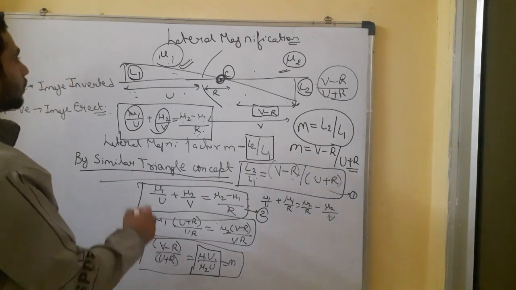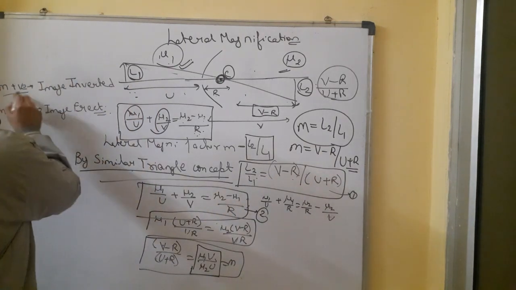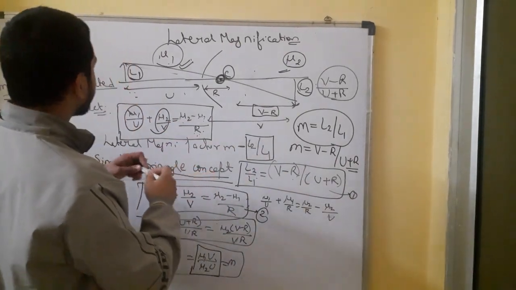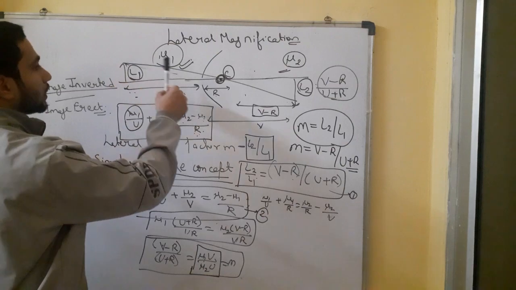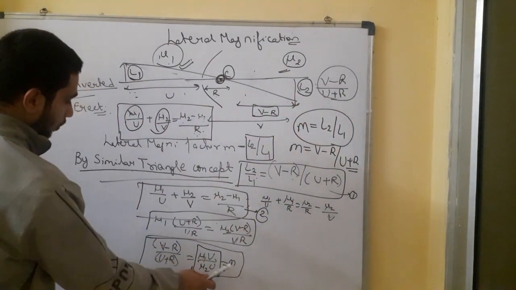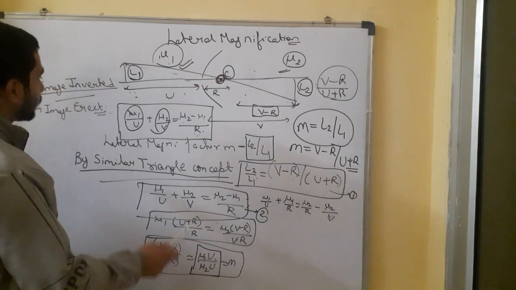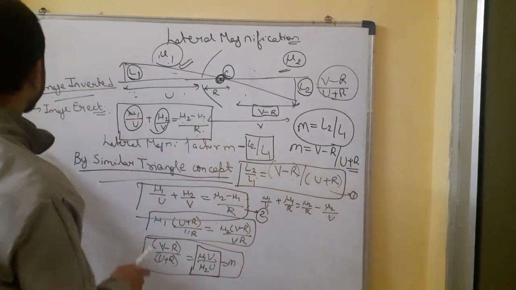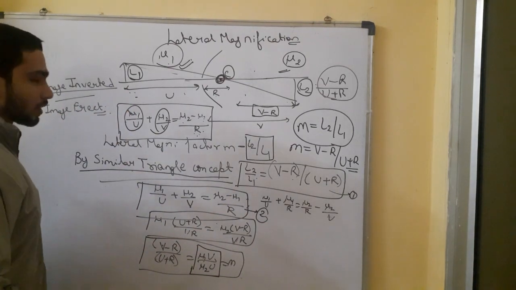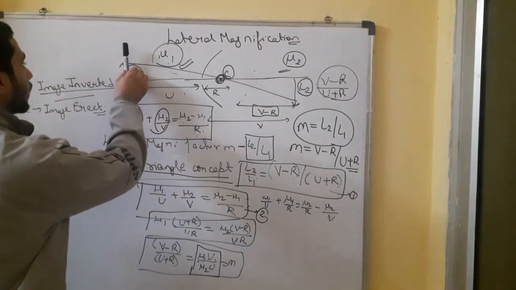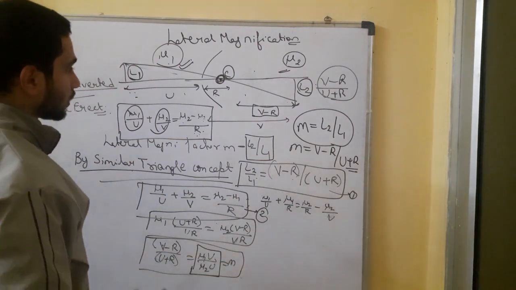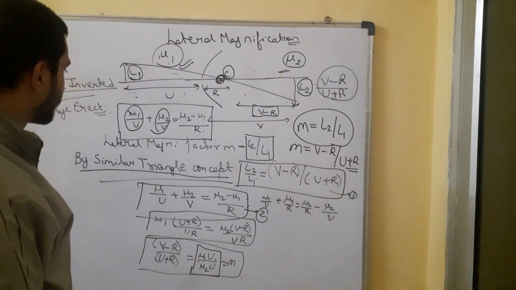If the refractive indices are mu1 and mu2, then mu1 V by mu2 U, we can solve by this also. So if the m is positive, then the image will be inverted. So suppose the marker is placed like this in front of the spherical mirror, then the image will be formed like this, an inverted image. If m came positive, V minus R upon U plus R value is positive, then the image will be inverted. Or if the m is negative, then the image will be erect, or like this only. If L is like this, so the image will be like this only. So these are the things which we can remember.